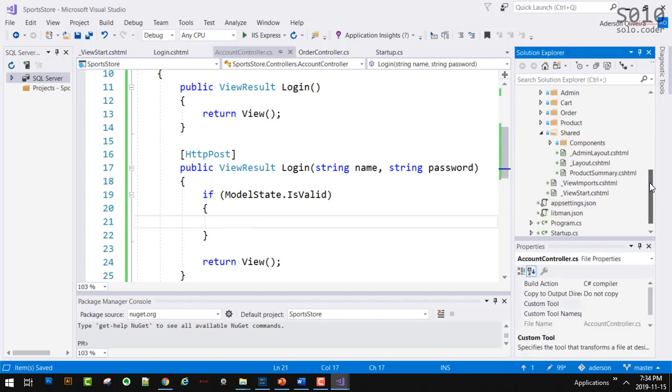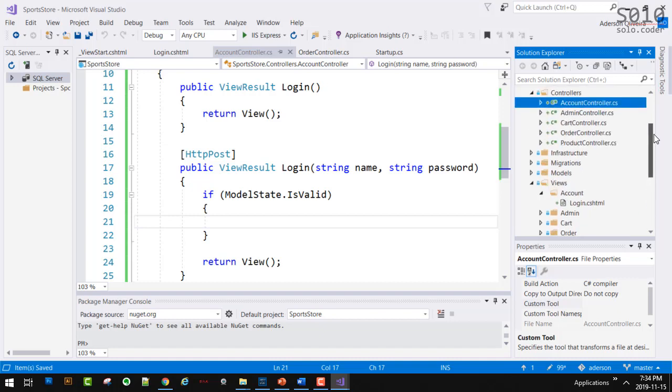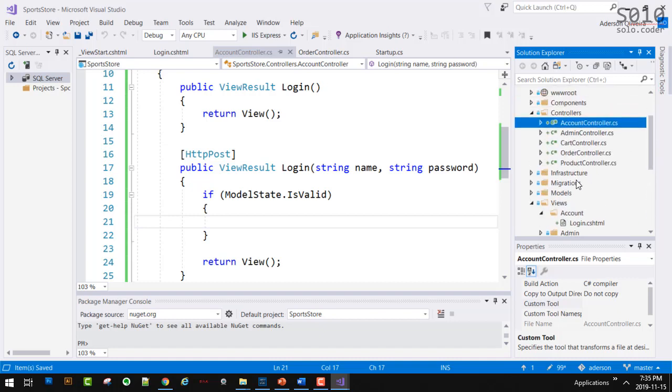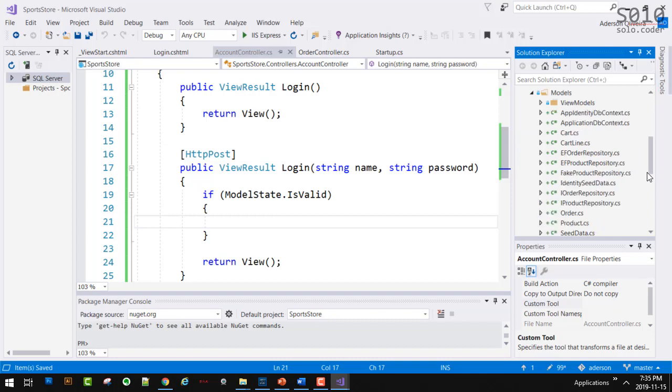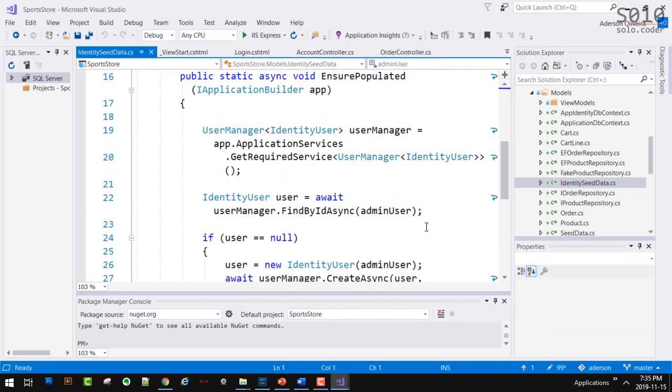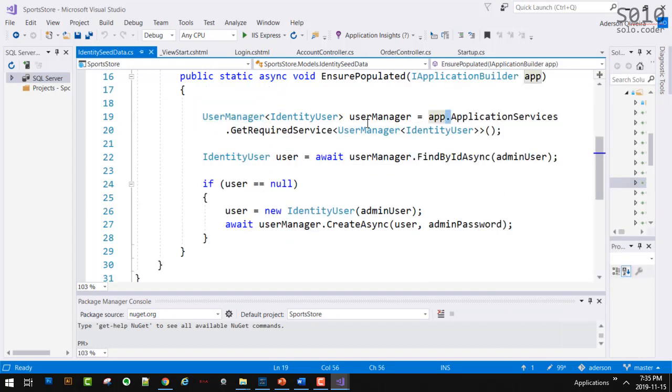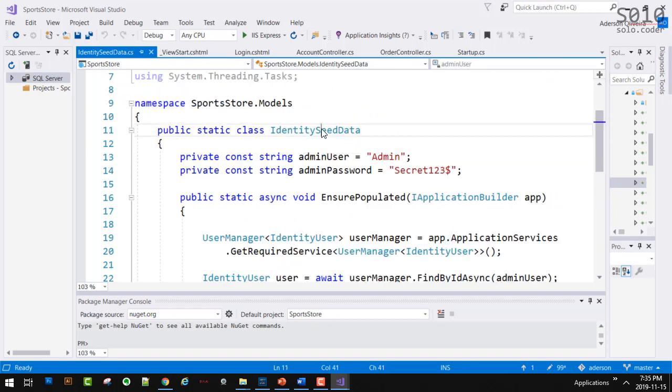when we were in the seed data, in the identity seeds. So let's go to the identity seed here. So we will be using the same UserManager class that was used in the identity seed data to populate with the first user.